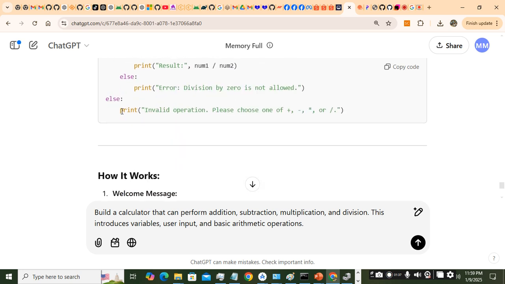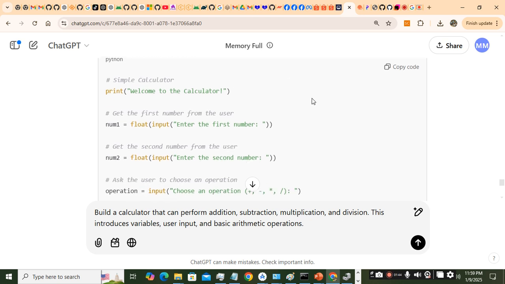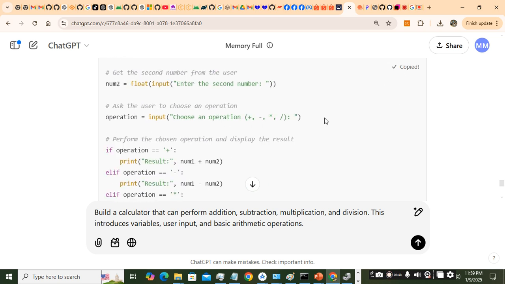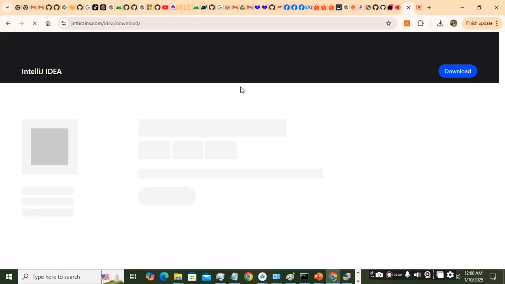You get a feel of what the algorithm will do, but I will explain it later. For now, we just need to copy the code and paste it to an environment. The environment that we're going to use is the IntelliJ platform. Now how do we acquire IntelliJ? All we need to do is go to Google and type IntelliJ, then we download the installer,